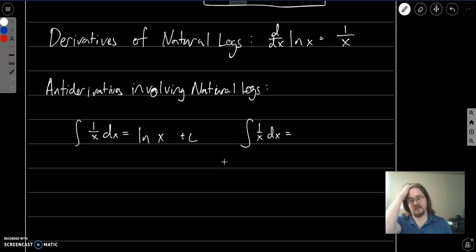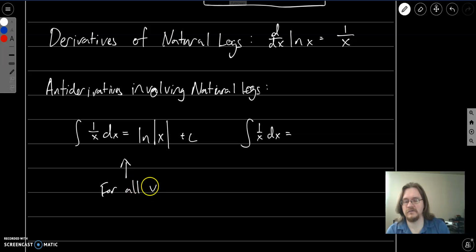There is a caveat here, though, and this is because we can't take the natural log of a negative number, or even 0. Well, I can't plug 0 into 1 over x, so x here couldn't be 0 to begin with anyway, but this could involve negative values of x. So since I can't take the natural log of negative values of x, what we do is we add absolute value signs around here. And I apologize, the way I write natural logs, it's maybe a little bit confusing with the absolute value signs here, but this is for all values